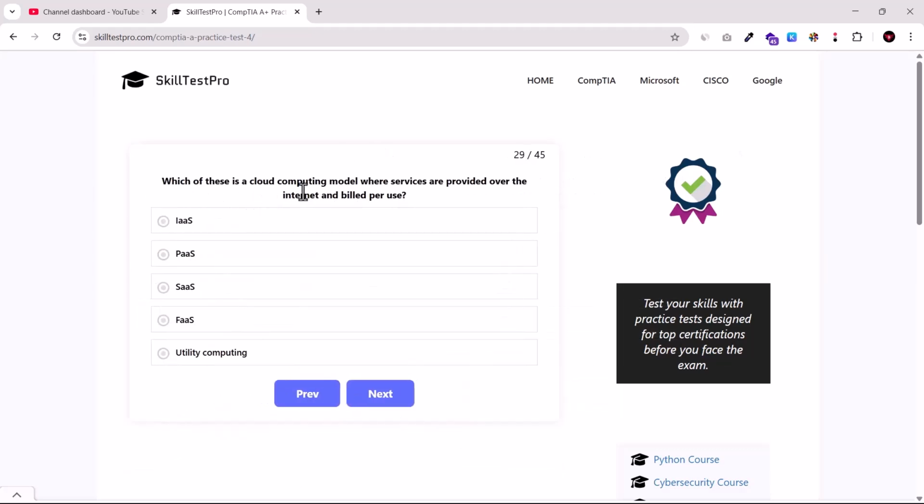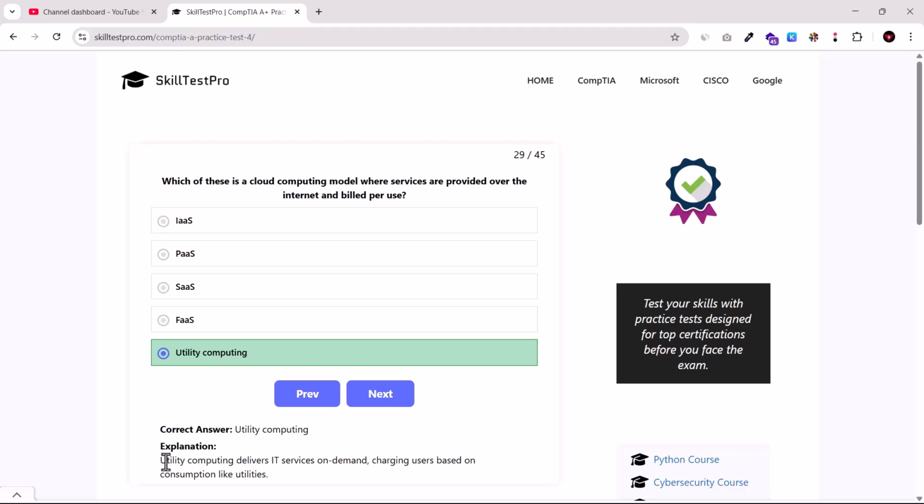Which of these is a cloud computing model where services are provided over the internet and billed per use? IaaS, PaaS, SaaS, FaaS or utility computing? So which is the correct answer here? And the correct answer here is utility computing, as utility computing delivers IT services on demand, charging users based on